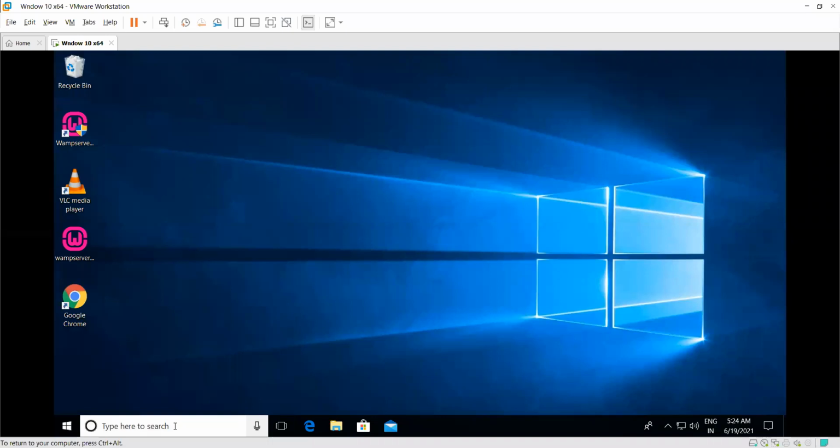You need to type a command in the terminal, that is su hyphen and a username. That's it. If you put that in, it asks for the new password, and after that you can easily change the password of the current user. Okay. So this is a simple command, guys, you can follow to change the password of the current user in the Linux operating system.